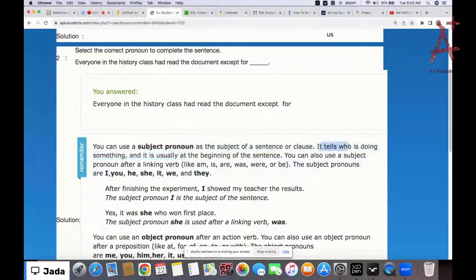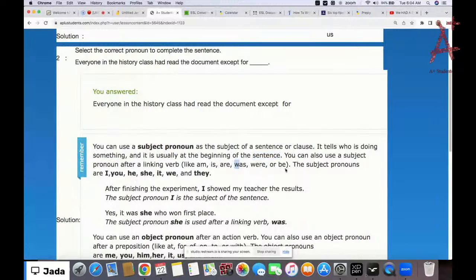It tells who is doing something and it's usually at the beginning of the sentence. Okay, so when we have a subject pronoun as the subject of a sentence or clause, it tells who is doing something and it's usually at the beginning of the sentence. Okay, so yeah, now, you can also use a subject pronoun after a linking verb like am, is, are, was,